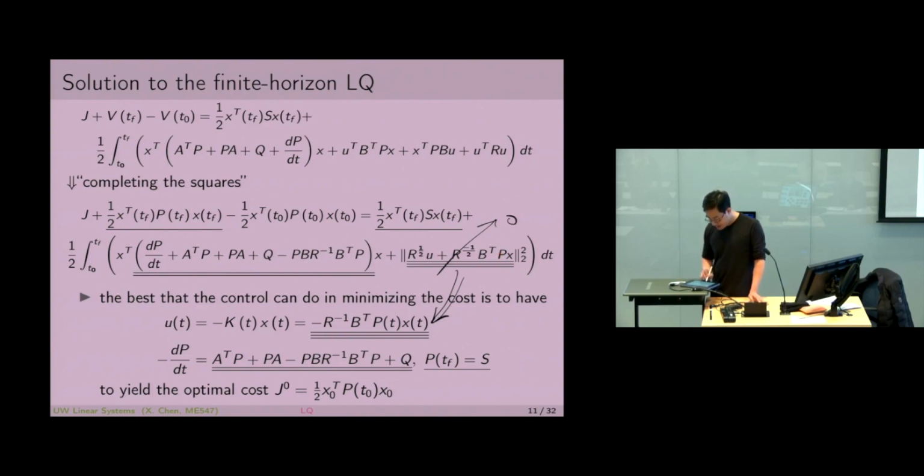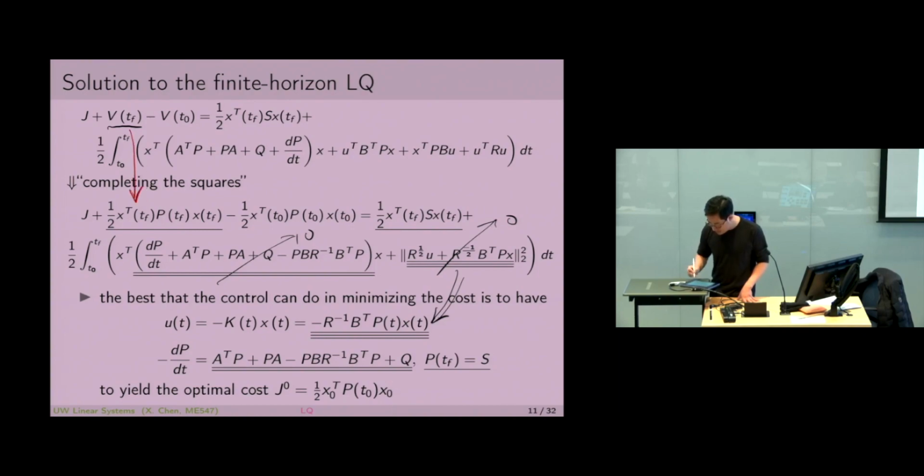This is 0 now. And second is, what if everything inside here just becomes 0? That will be fantastic. The best scenario for the other term in this integral is that if this P matrix somehow its derivative is the negative of everything in here, then that will be fantastic. And lastly, we have something else too. We have the terminal cost on the right-hand side over here. And on this side, we have this VTF